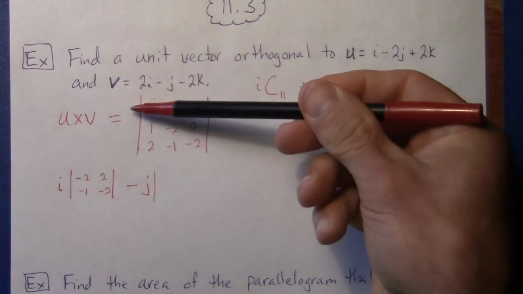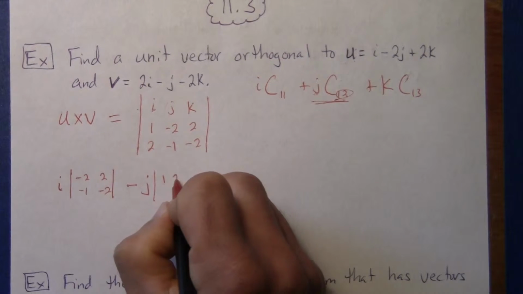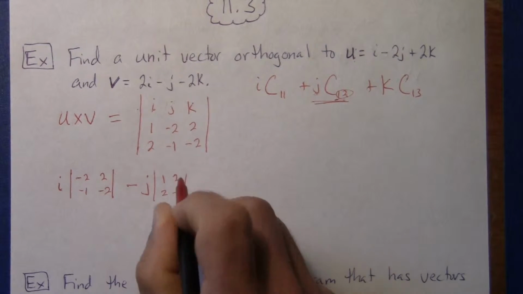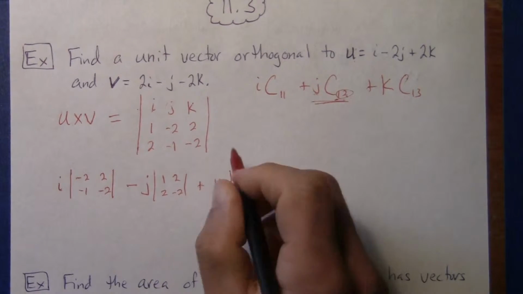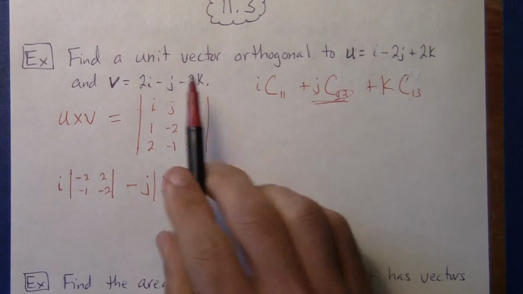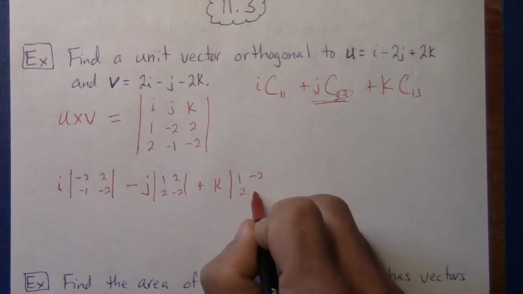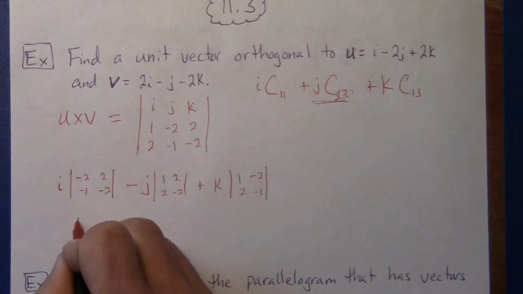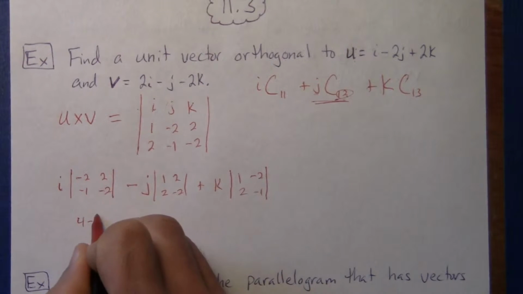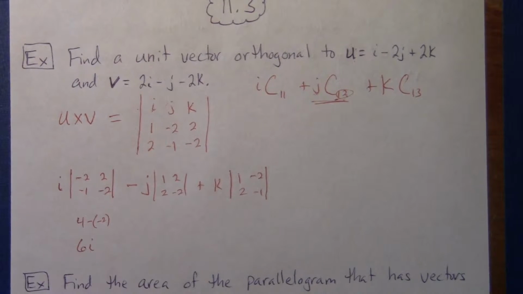Alright, so if I block out the top row and that middle column, I'm left with 1, 2, 2, negative 2. And then it would be plus k times, block out this one, it would be 1, negative 2, and 2, negative 1. Now finding the determinant of these, it's going to give me 4 minus a negative 2. So I end up with 6i